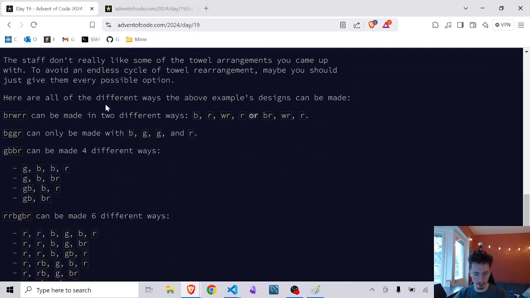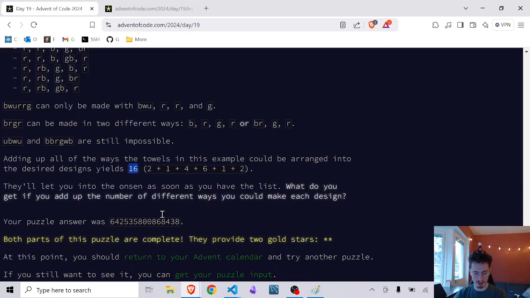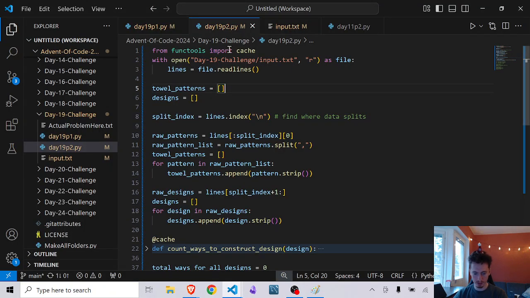What they want us to do now is, instead of seeing how many of them it's possible for us to make, we want to see how many different ways we can even make a pattern, because apparently there's several ways to make a specific pattern. And then once we get all the different patterns for all of them that are possible, we add it together and we return a number. So if we look at the code,